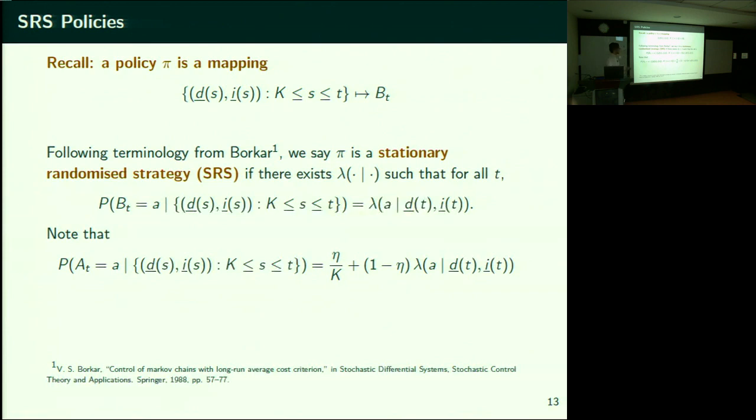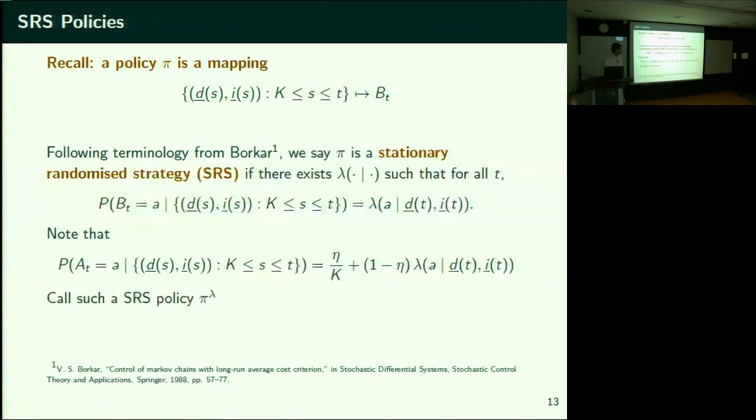Lambda is a certain probability distribution according to which you intend to select an arm. But does it actually get selected that way? With a trembling hand, with probability 1 minus eta, it gets selected according to the distribution you intended. But with probability eta, a uniformly randomly chosen arm gets sampled. So this is a trembled version of what you intended to select.